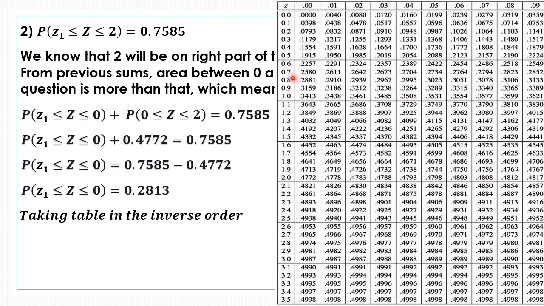So what we are going to do, we are going to take an average of 0.77 and 0.78. But remember that these values are negative because Z1 is on the left part of the curve. So negative 0.77 and negative 0.78, the average will be negative 0.775. So the Z value for this question will be negative 0.775. So the probability, the area between negative 0.775 and 2 is 0.7585. That's what we are trying to say here. Let's move forward with the next illustration.